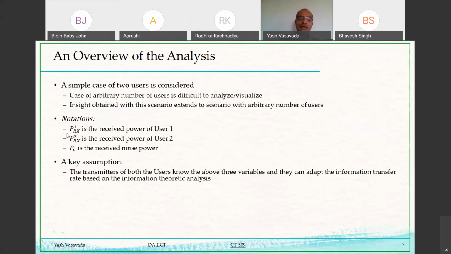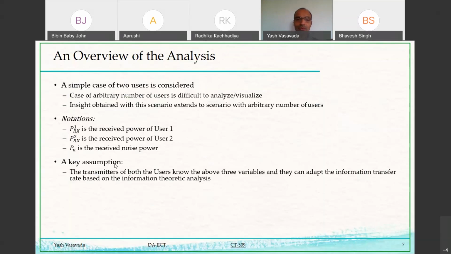You know, the transmitters, yeah, fine, they will know what power they are transmitting at, but how do they know the power at which the transmit signal is getting received? So in reality, we will have to make some system design so that the transmitters know what these received power levels are. And here we are just going to assume that that design has been implemented, and somehow the transmitters know the levels at which their signals are reaching the individual receivers.